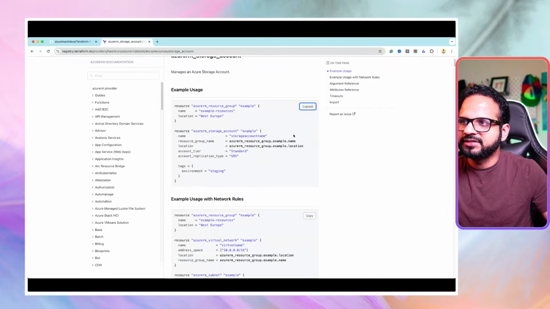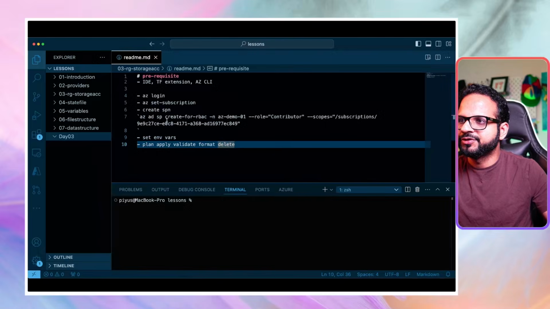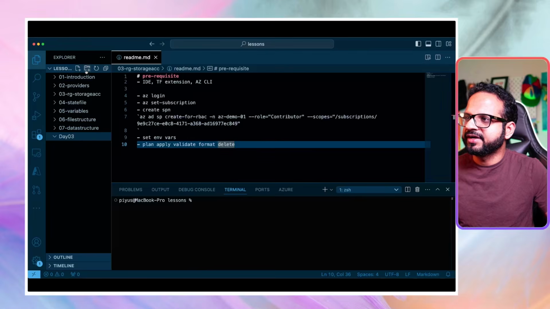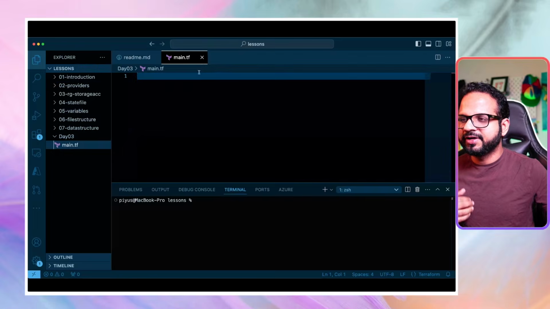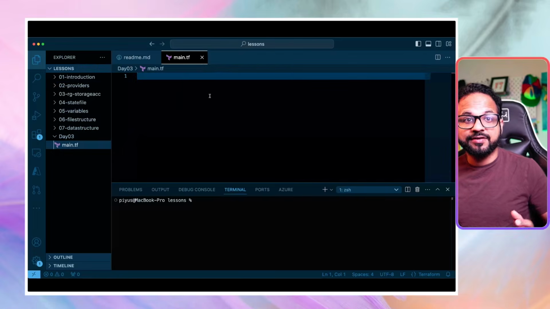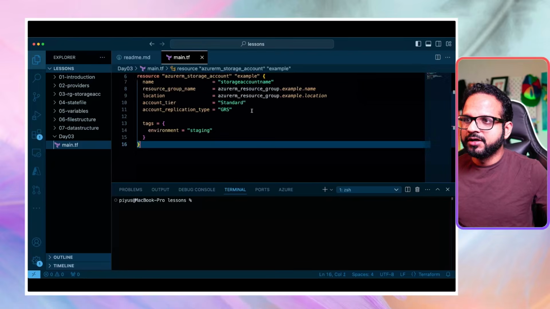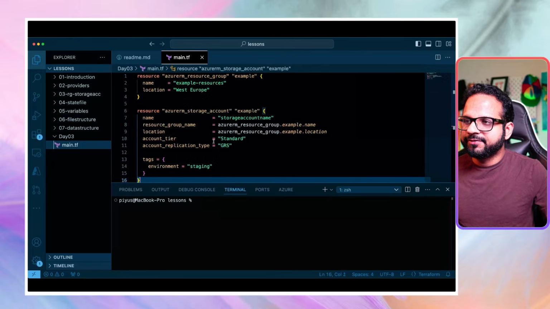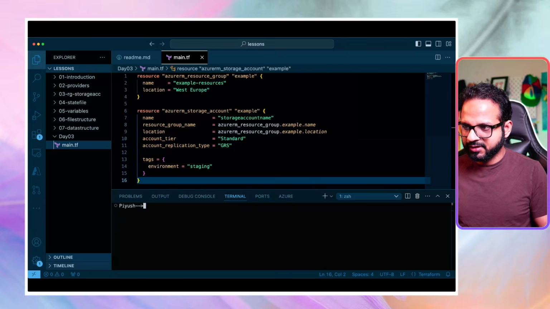Okay, I'm going to copy this and paste that in my Visual Studio Code. So I'm going to create a new file and name it main.tf. Terraform recognizes all the files that end with the .tf extension. So that's what I'm going to use. Okay, now let's see the format of this Terraform. Let me just change my terminal and then we are in